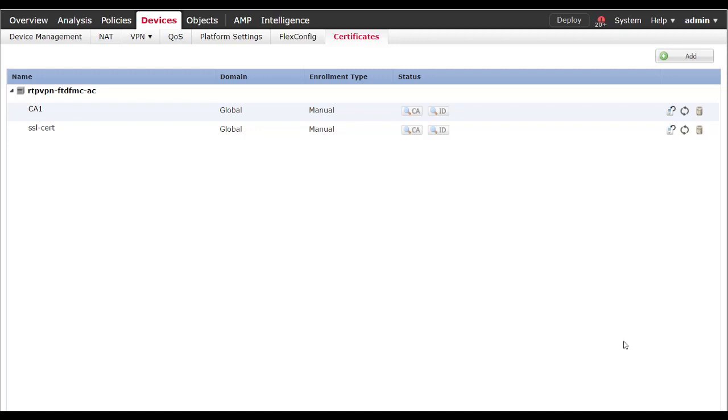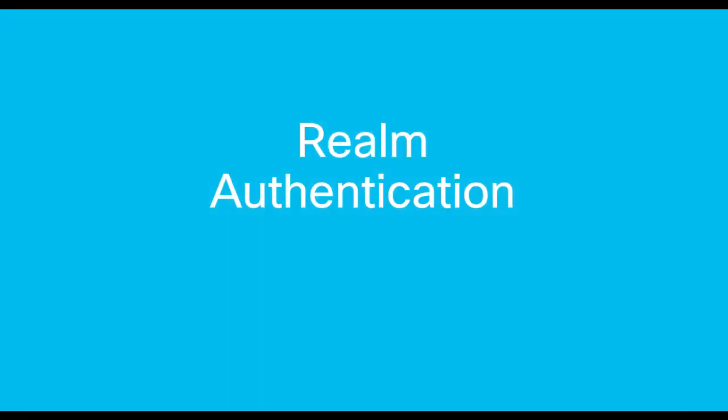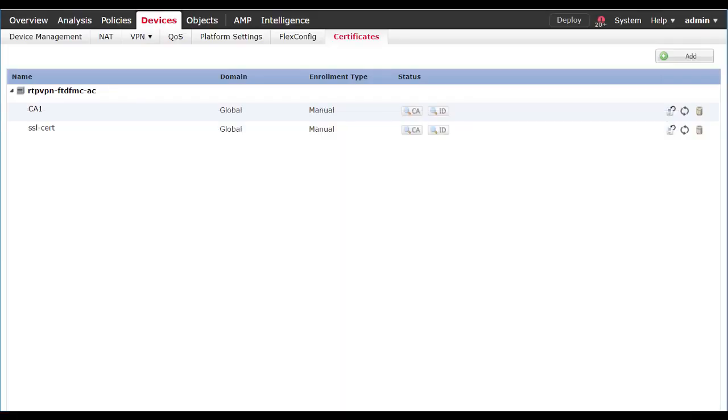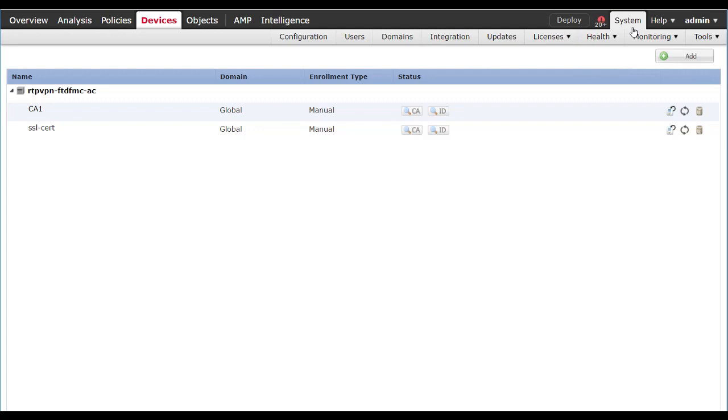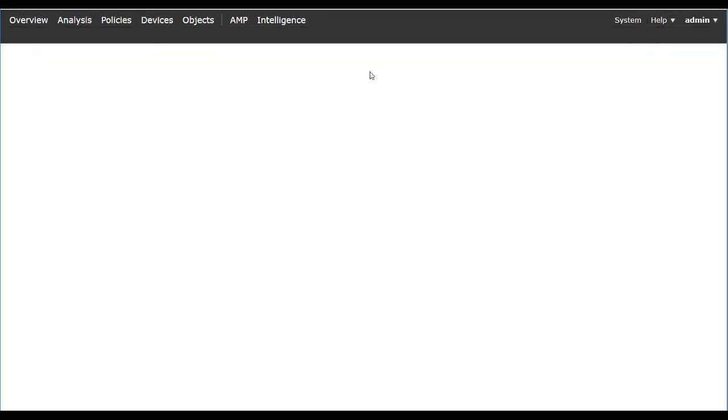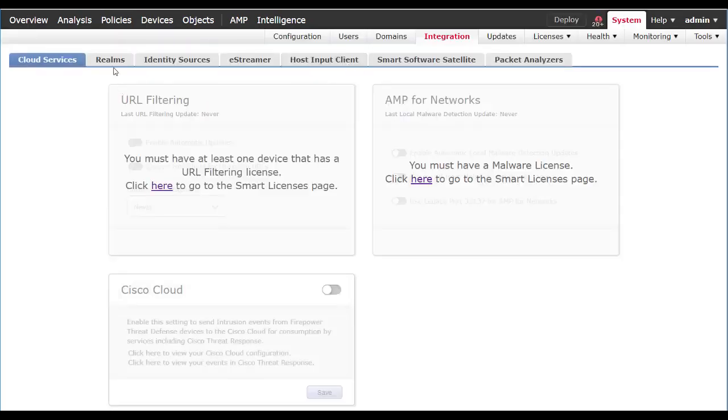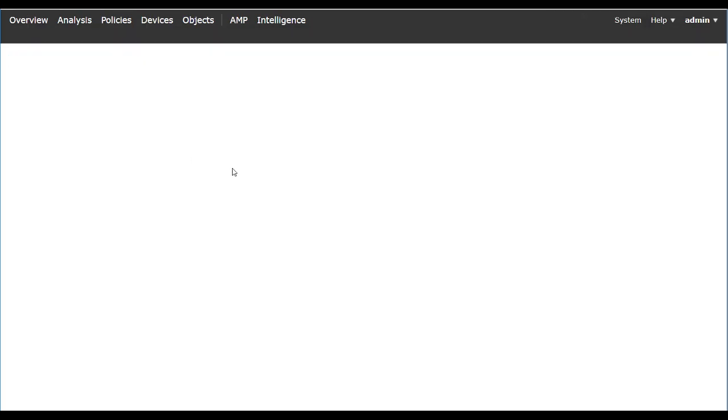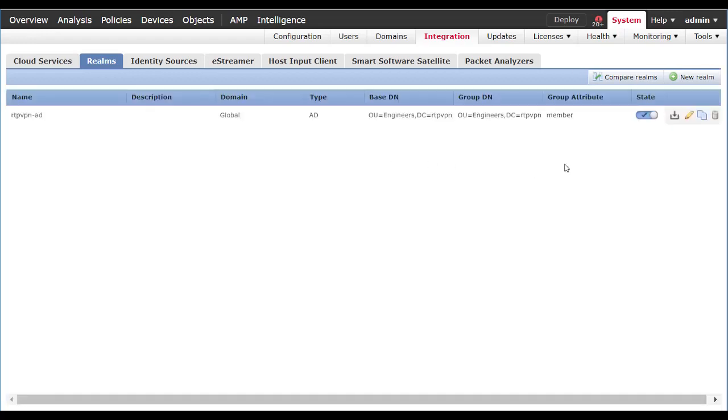Now that we've created the certificate, we're going to go ahead and move on to the next step, which will be configuring a realm and setting up authentication. You may already have a realm set up if you've been using this for the firewall. Just in case, we'll go to System Integration, click on Realms, and here you would have no realms if you did not. Click on New Realm,